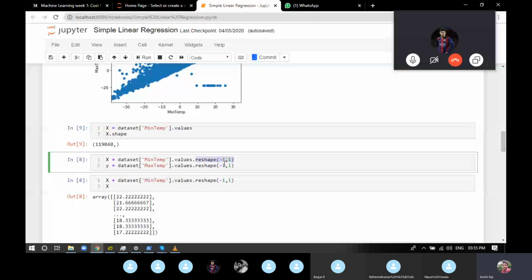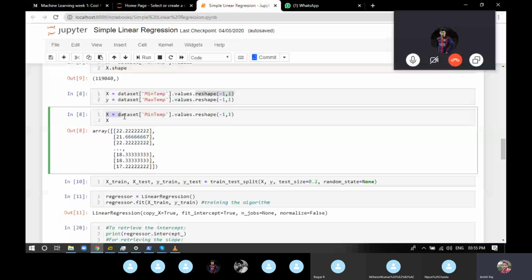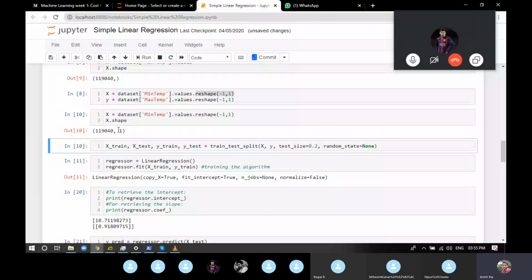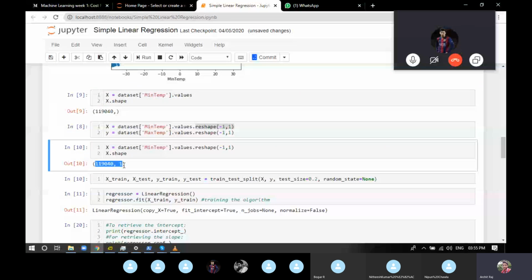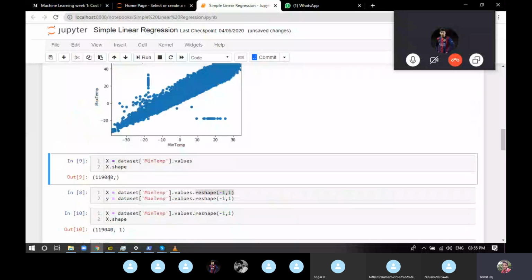Now if you try to find out the shape, you can see you have one column. So now you can consider this as 2D data which has this many rows and one column. This time it's a 2D array because you have a column. Even though it's one column, there is a column. In the earlier one, this is 1D data because you have no column at all.